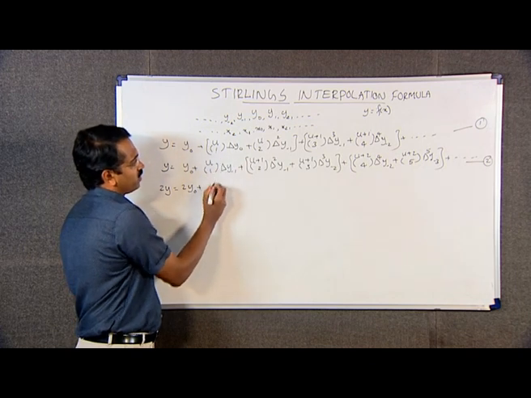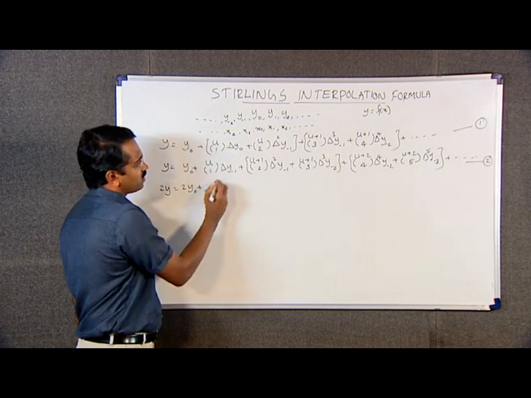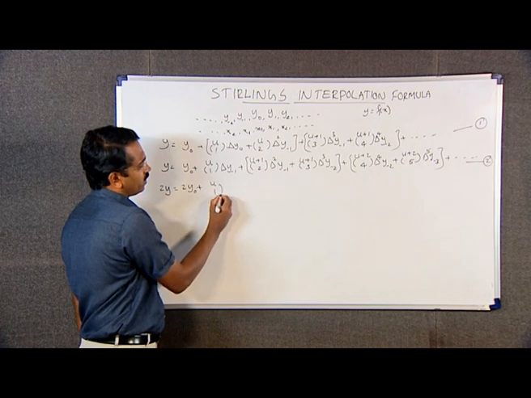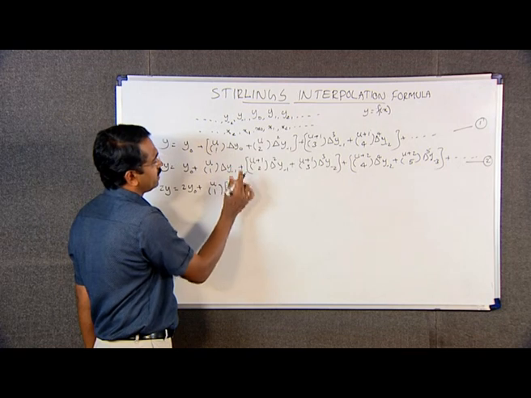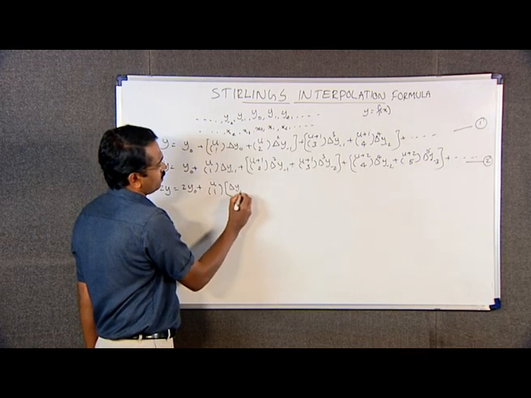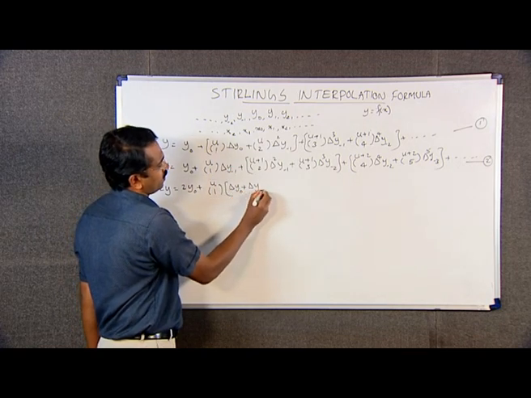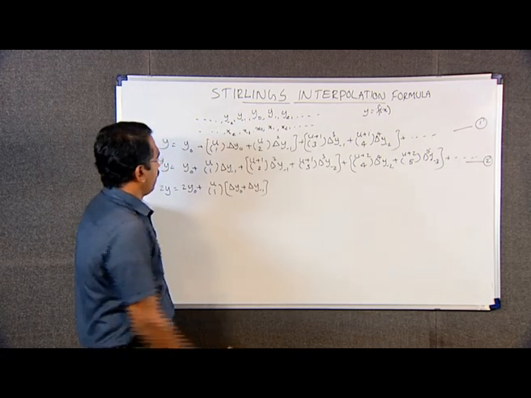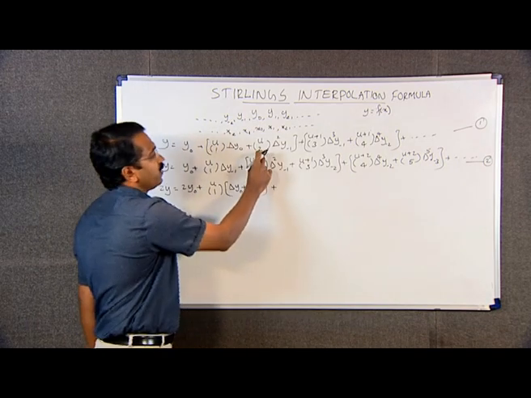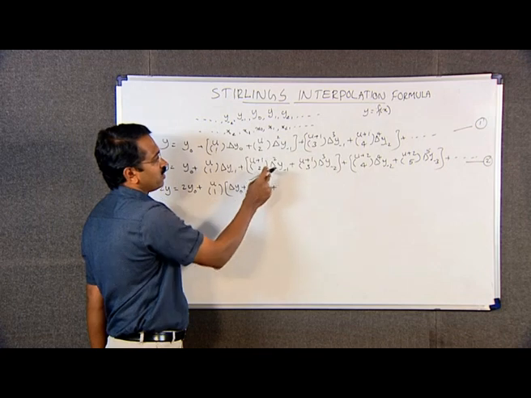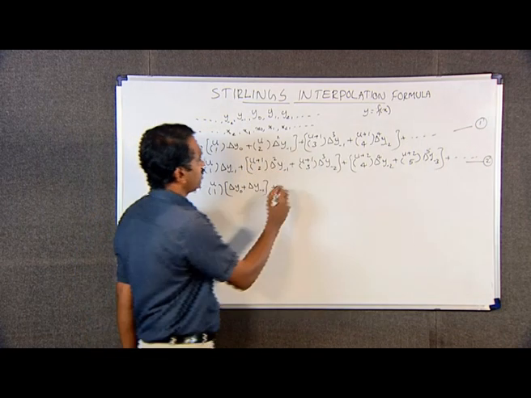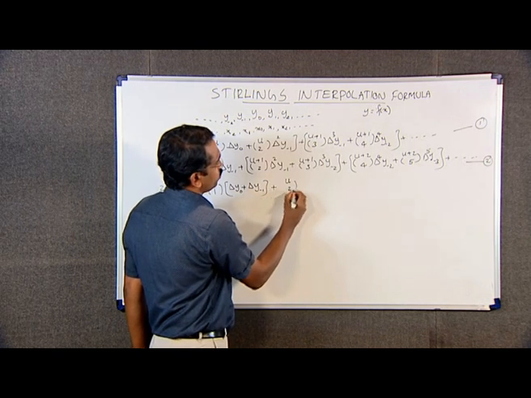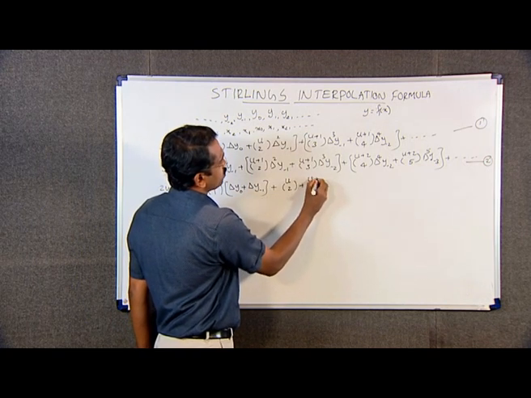We can write the sum as uc1 into delta y0 plus delta y minus 1 plus next is uc2 delta square y minus 1 plus u plus 1 c2 delta square y minus 1, that is uc2 plus u plus 1 c2